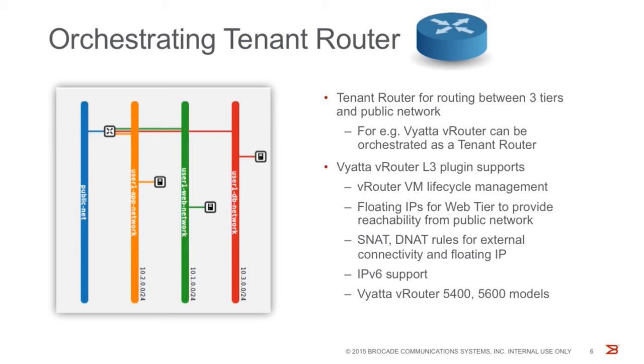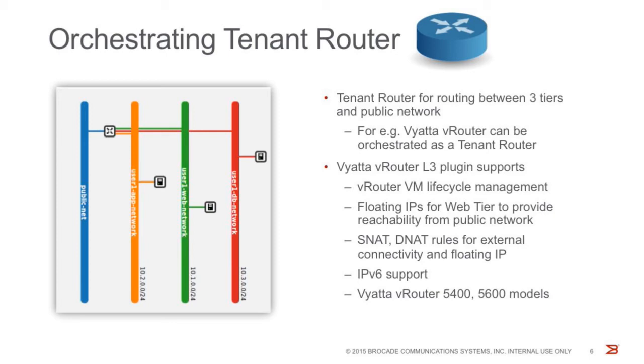Let's say if the tenant wants to use a high performance and sophisticated virtual router, then they can use the Brocade vRouter VM, and for that we have upstreamed the vRouter L3 plugin that can perform vRouter VM lifecycle management automatically. And typically the web tier needs to get the floating IP access because we need to have reachability from the public network into the web tier, and that means the plugin will automatically generate the source NAT and destination